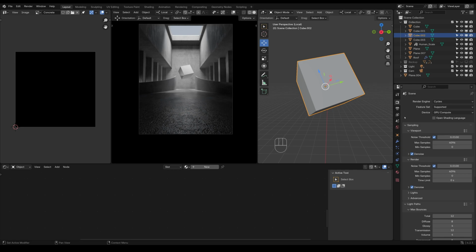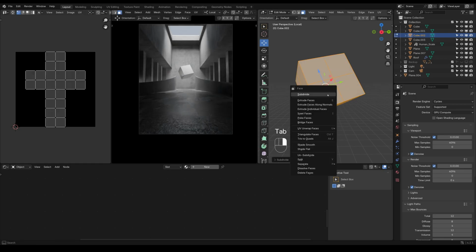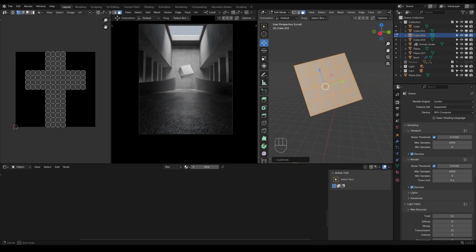Firstly, I'm just going to do Control, I'm going to select my cube. I'm going to do Alt A, apply the scale. I'm going to go to edit mode, subdivide. I think this is enough subdivisions. Now I want to make it like a Rubik's cube type